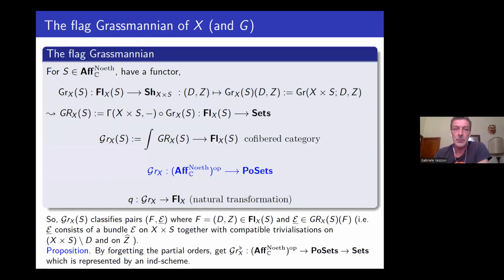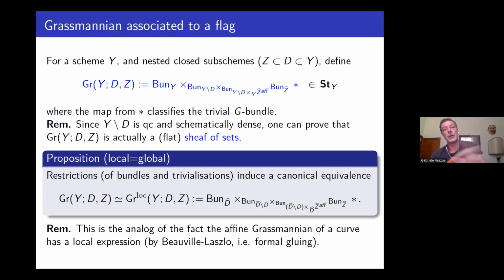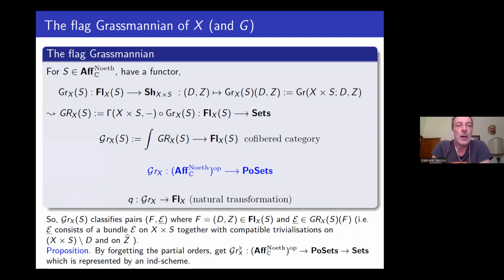So now this was defined for a fixed flag, and I want to integrate over all the flags. So the procedure is rather formal. I just summarize it here. If you fix a test scheme, then you have a functor which I denote by gr